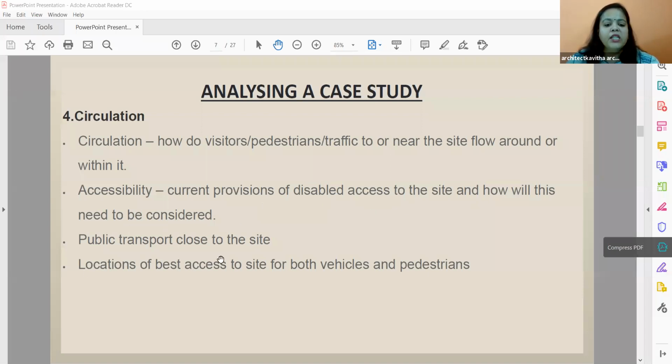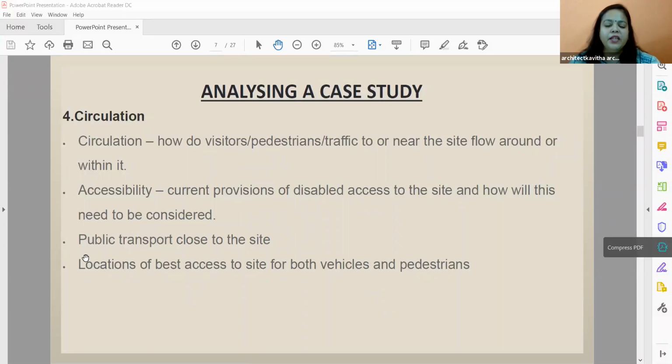Then public transport close to the site. So if you have any bus stops or any railway stations, you can just check. Then location of best access to the site for both vehicles and pedestrians. Normally, if it's a commercial block, they will give two entrances, because if one gets blocked or if there is any drainage problem, you can open the other always.